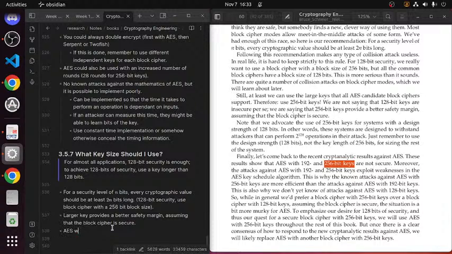AES with 192 and 256-bit keys are not secure. I've already read this, but I always find it funny. I think this book is quite funny. The authors are quite comical.